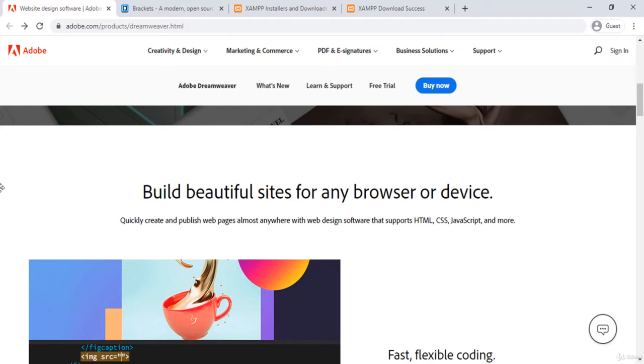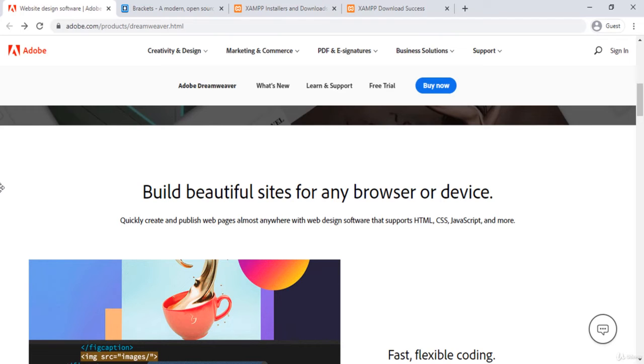My recommendation is to use Adobe Dreamweaver because it is fast, flexible in coding, lets you set up your site, and a few other steps. It will also dynamically display on every device. It provides multi-monitor support, Git support, and a lot of other options as well. How you can